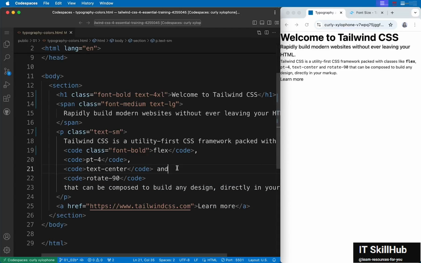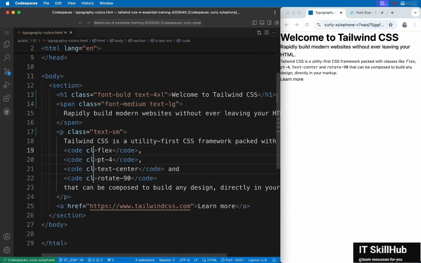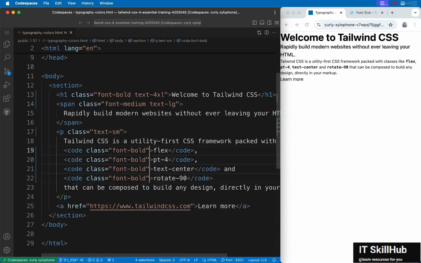This is where a lot of people begin to think that Tailwind isn't maintainable, but it actually really is. You can always make use of find and replace to make code changes. And for our case right now, if you like to add the same class to all the code tags, you can use the multi-cursor functionality available in VS Code. So select code tag, use Command D keys on your keyboard to select all occurrences of code tags, and then you can add the class to all those tags simultaneously. So you can say font-bold and add any other class if required. It might take a while, but you will get used to styling in this way. And also seeing these many class names in a file might be a little difficult for a while, but trust me, you will get used to that.